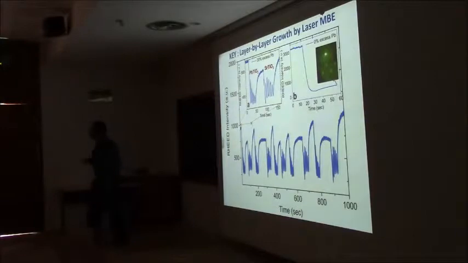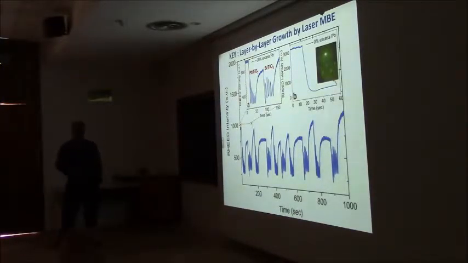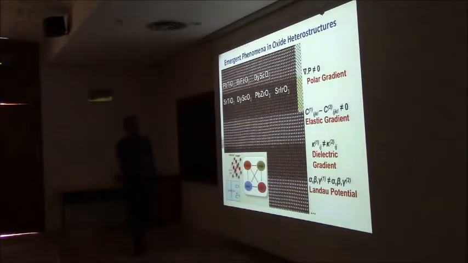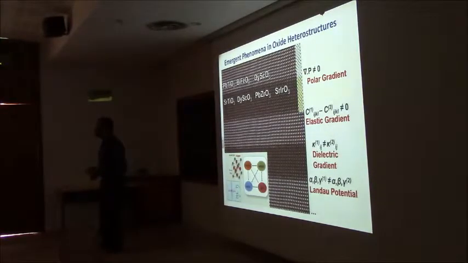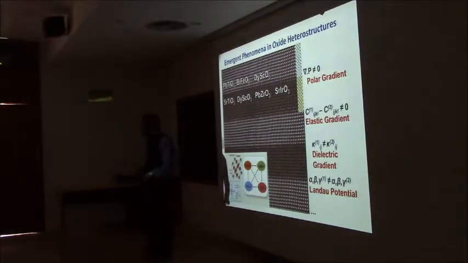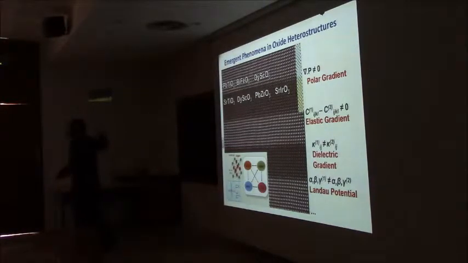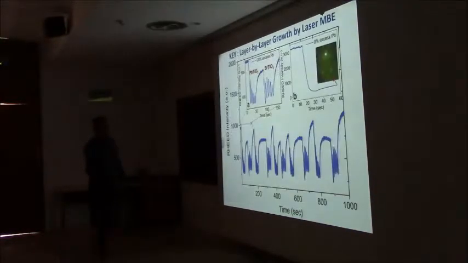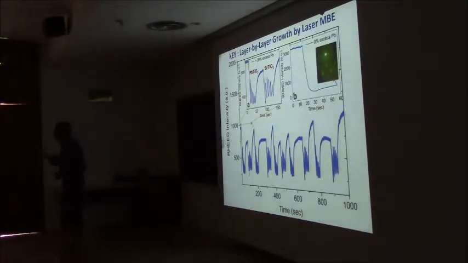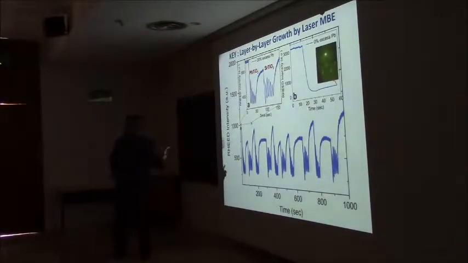And so you can follow the growth of this layer by layer process by looking at the oscillations of the reflection. This is very important because in order to get a structure like this, I have to avoid chemistry. I have to avoid interdiffusion. Interdiffusion, chemical energy scales are much larger than all these other energies that we talked about. So you would not see any of these effects if you had a layer that's interdiffused. Okay. So these oscillations are telling you that the material is indeed growing unit cell by unit cell, layer by layer.